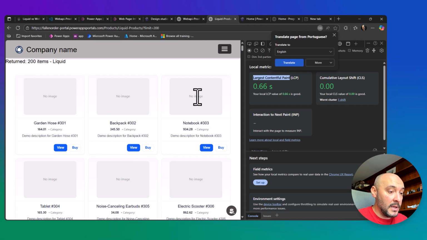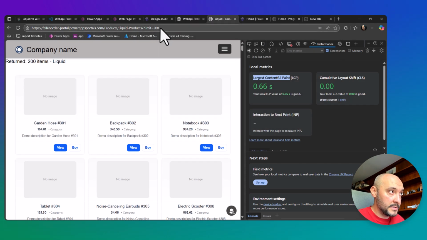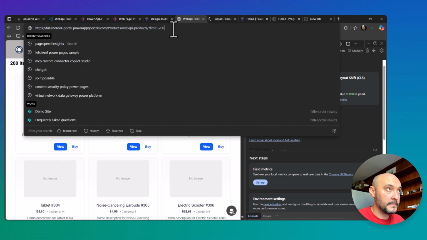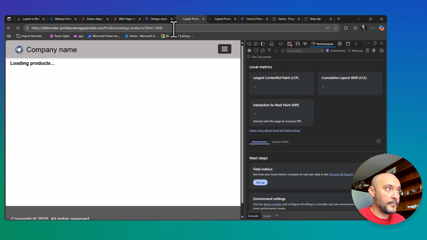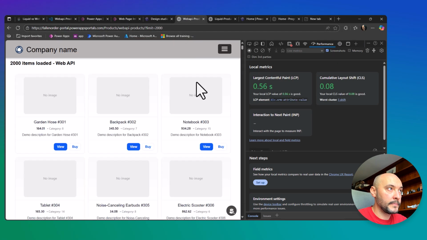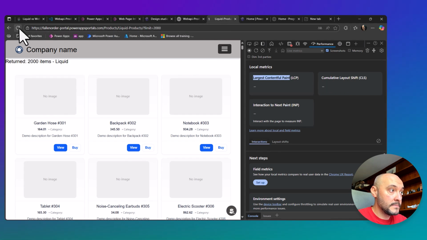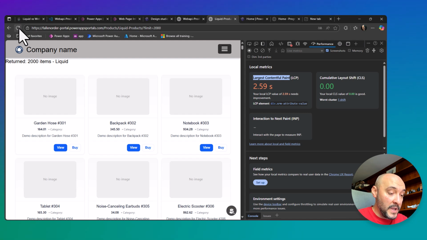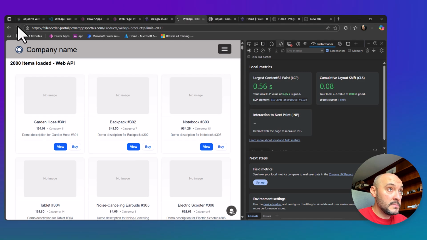Next, we scale up to 2000 product cards. With Liquid, the page load increases to about 2.6 up to 3 seconds, while the Web API approach takes around